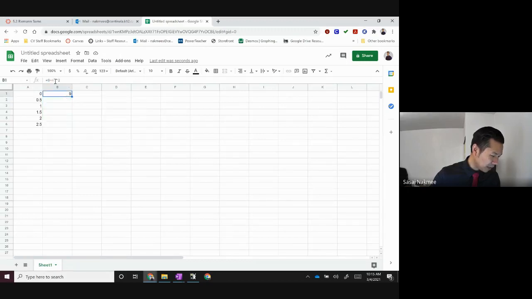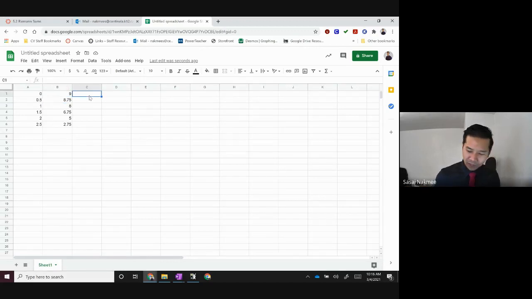So it does the calculation right there, right? It comes out as 9. If you drag the corner here and drag it all the way down, it'll do it for the rest of the numbers. You see that? So you have to do a little bit more work. But also you have to understand cell coding. So like, see here, it's going, oh, take the number from A, square it, and then subtract it from 9.